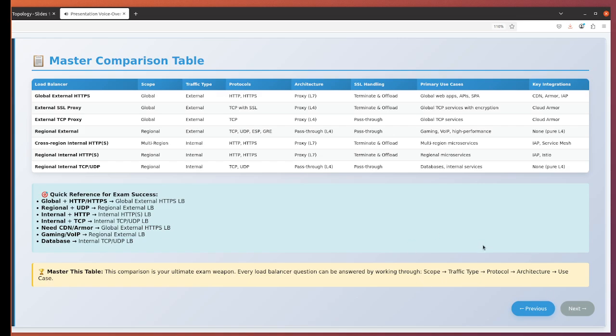Protocol support shows HTTP/HTTPS for web applications, TCP with SSL for encrypted non-HTTP traffic, TCP without SSL for custom protocols, and TCP/UDP for maximum protocol flexibility with pass-through architecture. Architecture differences are crucial. Proxy, L7, provides rich features like SSL termination, header manipulation, and advanced routing, while pass-through, L4, offers maximum performance with minimal latency and client IP preservation. SSL handling varies. Terminate and offload processes SSL at the load balancer for backend simplicity, while pass-through maintains end-to-end encryption or no